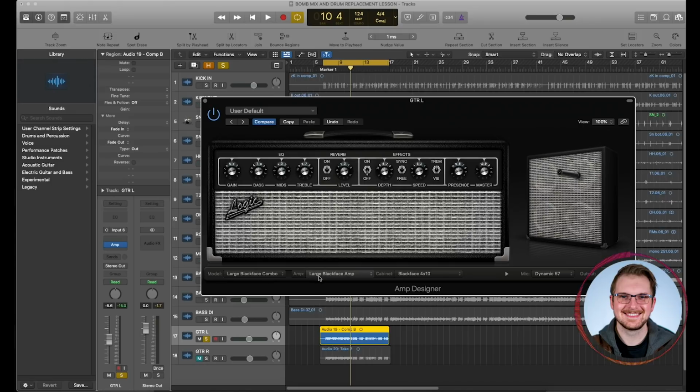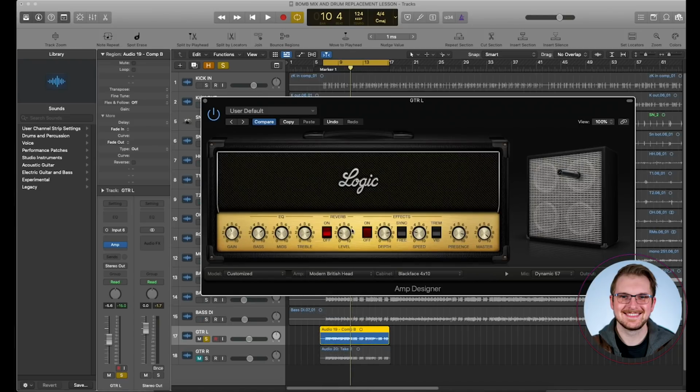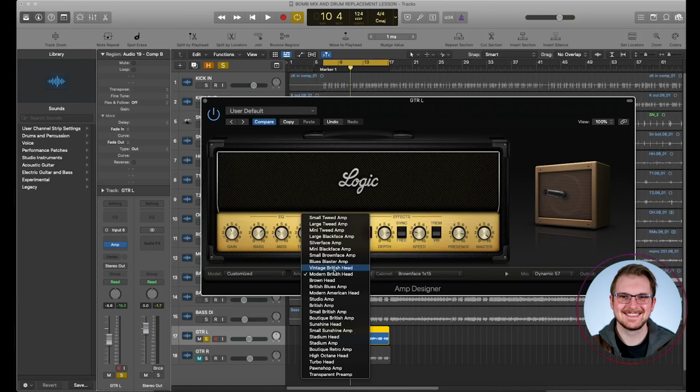Or you have the option to change the amp head, being the head here, to let's say a Marshall style amplifier, or changing the cabinet to again another Fender style amplifier. And so on. So for rock, most of the time they had bigger styled amps like a Marshall or a